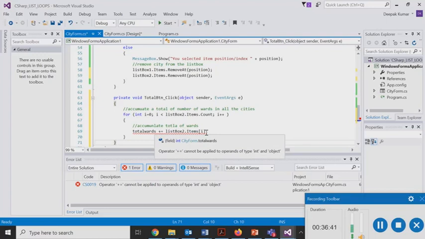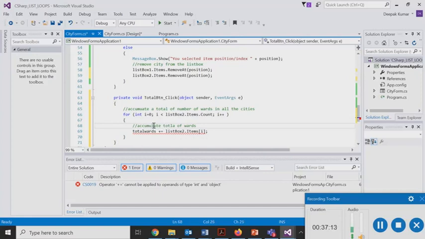Now the issue here is being displayed by this red wavy line, which tells us that this list box 2 dot items array is displaying values which are not integers, and you cannot do a plus equal to, that means a summation or accumulation process, on any value which is not an integer.